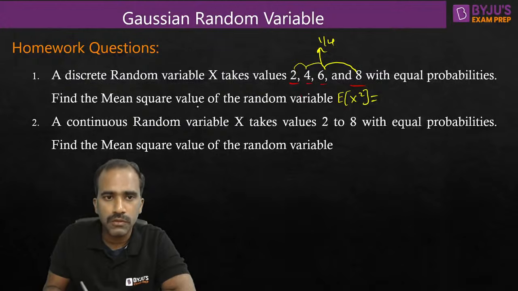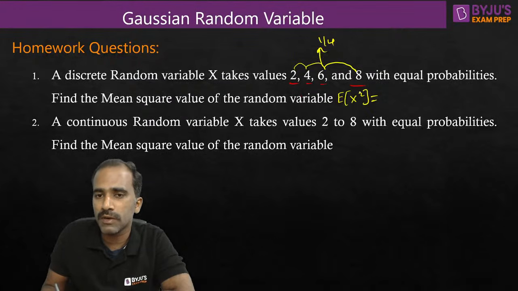Now, what do we want to find? We want to find the mean of the squared value, expectation of x square. Whenever you want to find the mean value of x square or expectation of x square, you are just trying to average. We are trying to find a statistical average. So it's a second order moment. We call it the mean square value. So what do we want to average? Expectation means average. We want to average x square values.